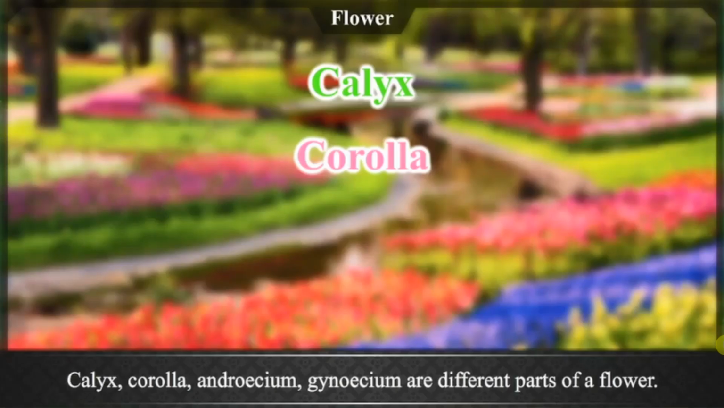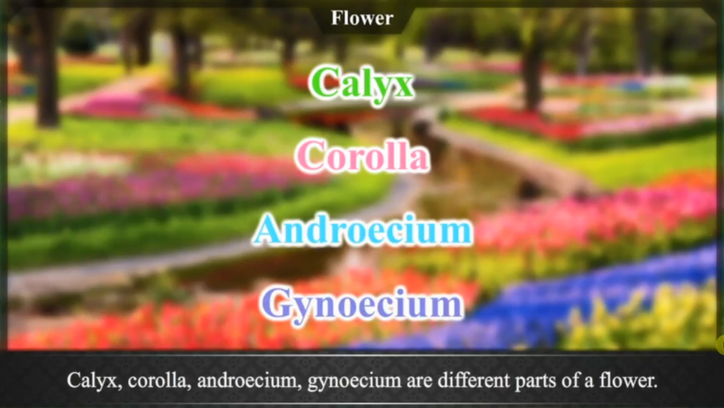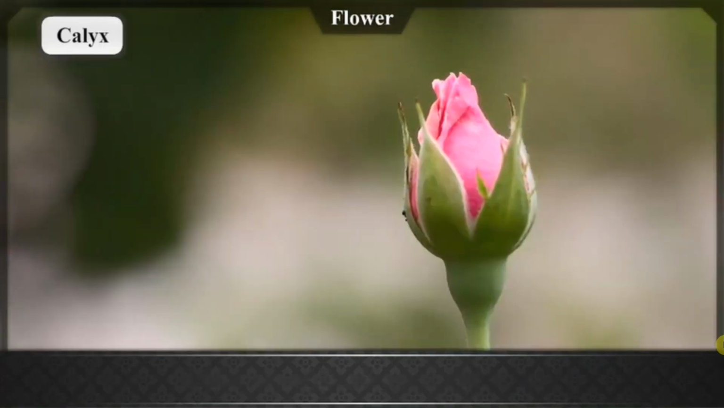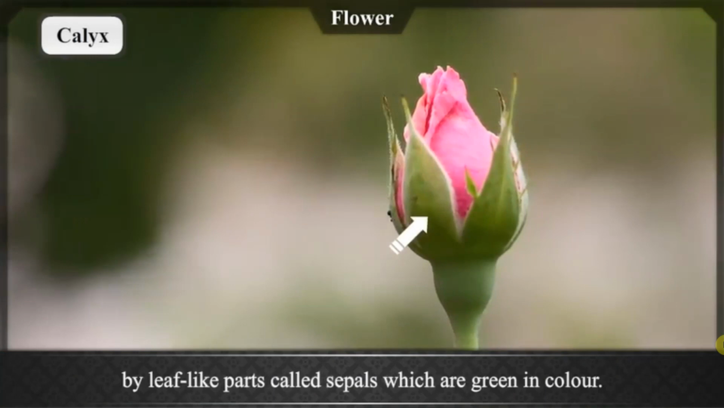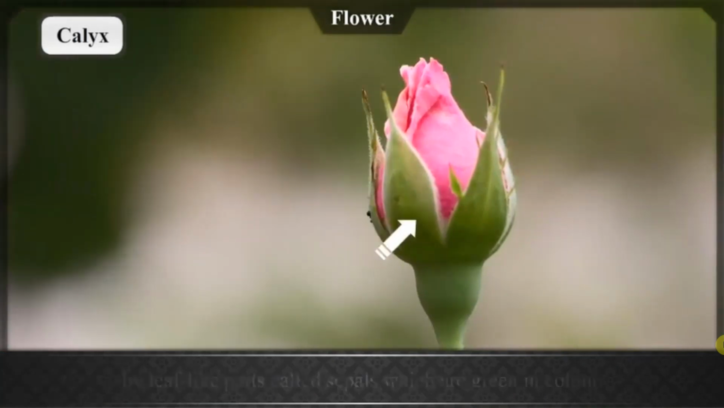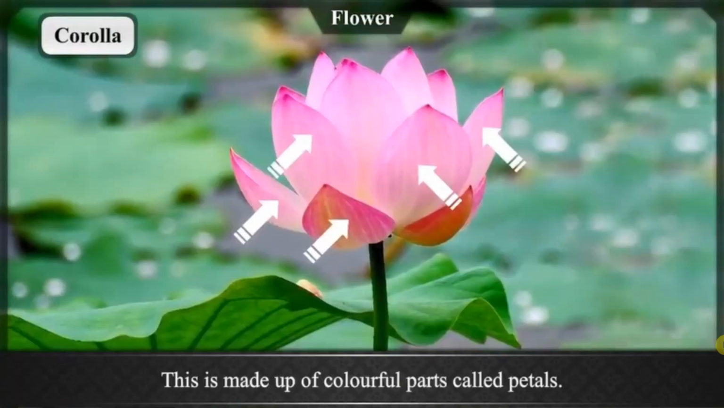Calyx, corolla, androecium, gynoecium are different parts of a flower. Calyx. In the bud condition, the petals are covered by leaf-like parts called sepals, which are green in color. They form the calyx. Corolla. This is made up of colorful parts called petals. Observe the shape, color, and smell of the corolla of various flowers like the rose, chrysanthemum, hibiscus, mogra, kanher, tagar,